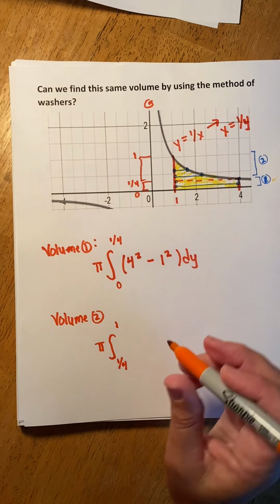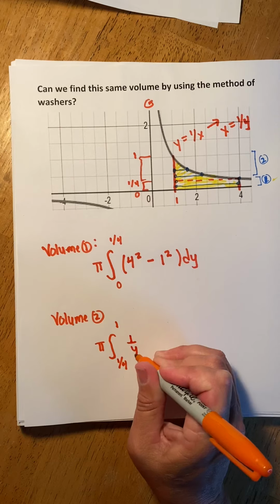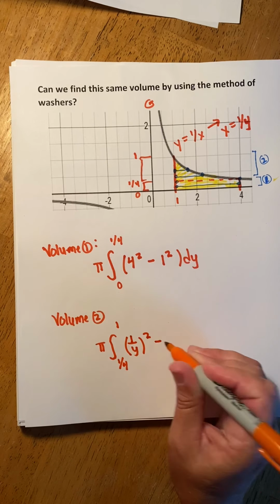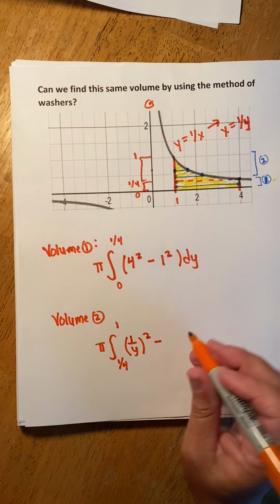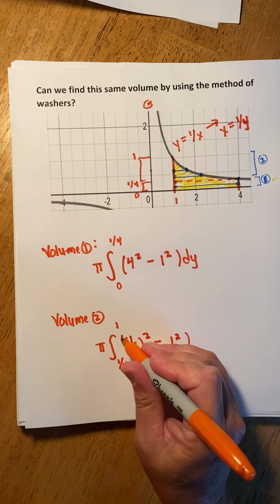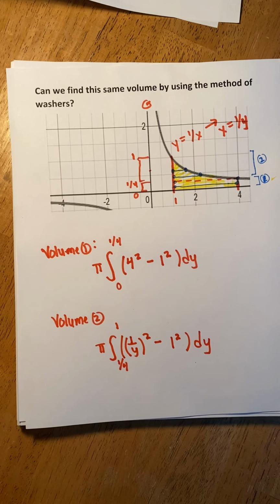So the outer radius depends on y. It's 1 over y. Outer radius squared minus any inner radius is always 1 squared. So it's right minus left and dy. So I challenge you,